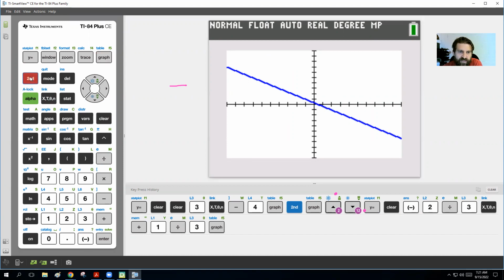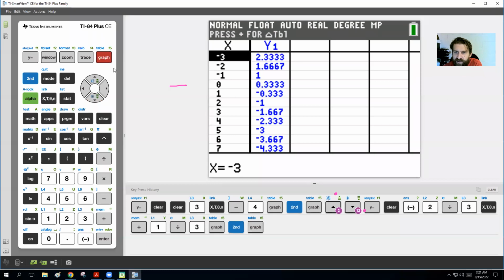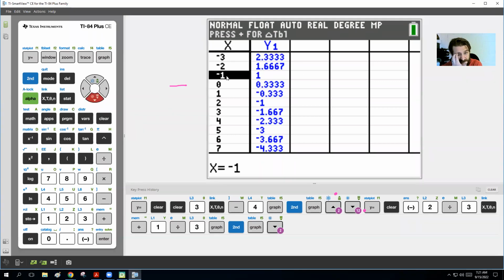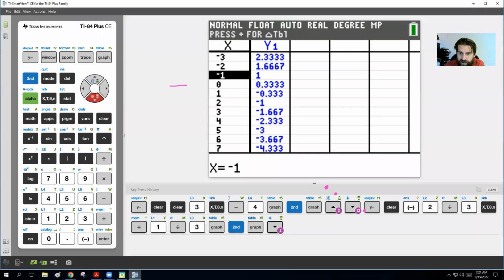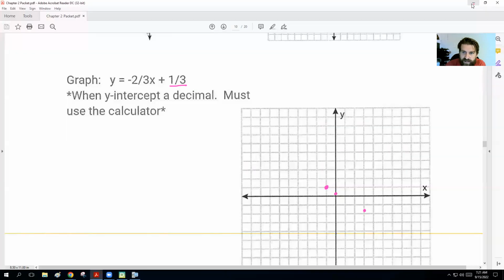We can see it's just barely above the line. But if we go to our table, second table, we can actually find some nice points on here. So here we got one at -1, 1. And so let's go back to our graph and put a dot at -1, 1. And then we had another dot at, where else? We'll go back to our graph at 2, -1,